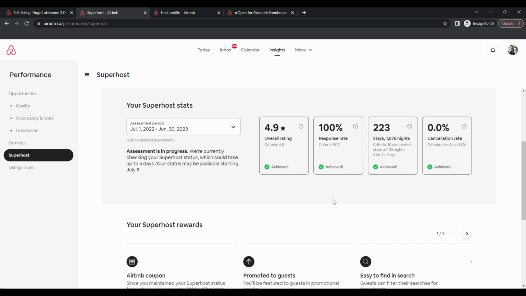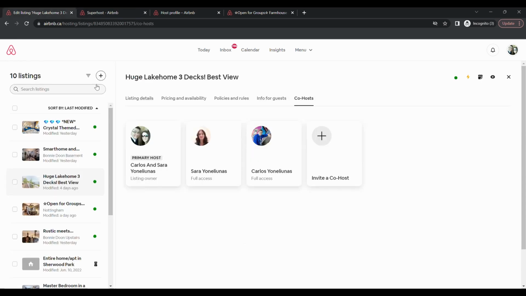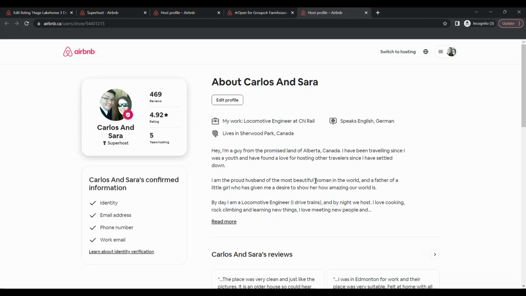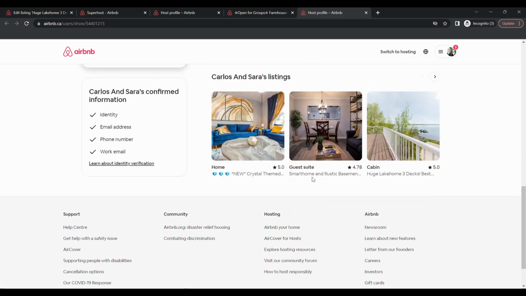So I would highly recommend that if you have an account that you're expecting to have to burn at some point, you make a separate account for that one. However, if it's somebody who's looking to be with you for a long time, you'll want to set it up so you have your own account there, and then on their profile, it'll show up like this: hosted, in this case, by the admin account. The co-hosts are listed below, and when you click on the account, people are able to look more into you and stuff like that.